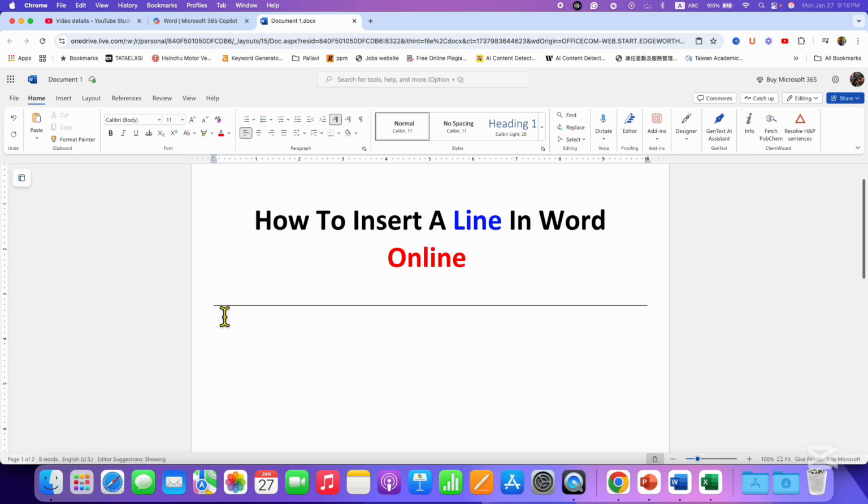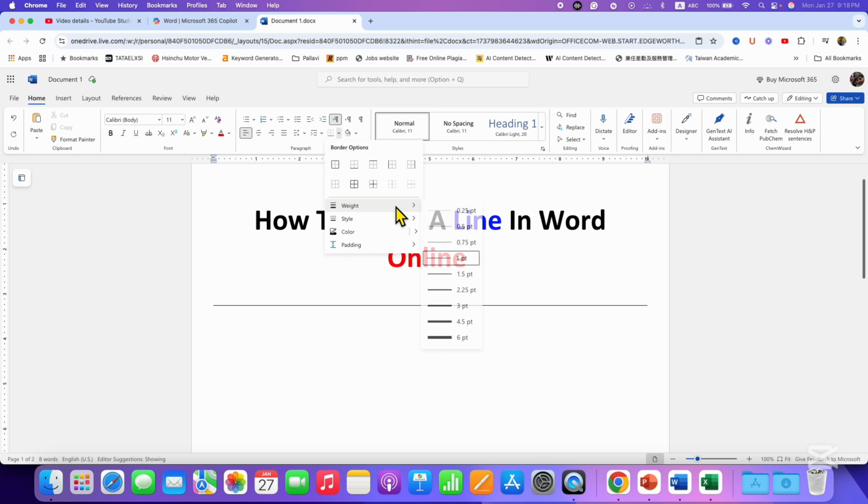After applying the border, you will see this thin line. If you want to edit this line and make it thicker, you can just click on the line or above the line. Go back to the borders option. Here you will see the option of weight. This weight is the thickness of the line, so you can see the preview of the line thickness and select appropriate